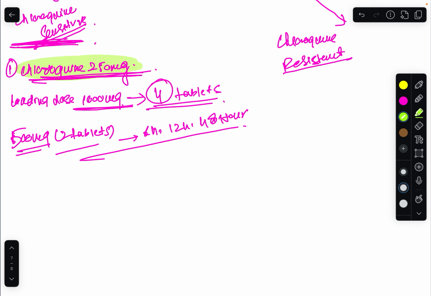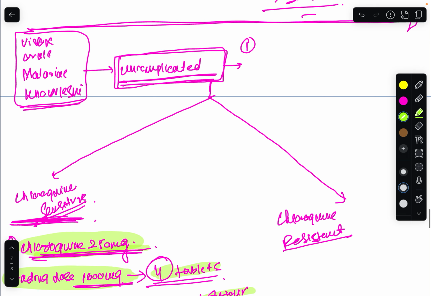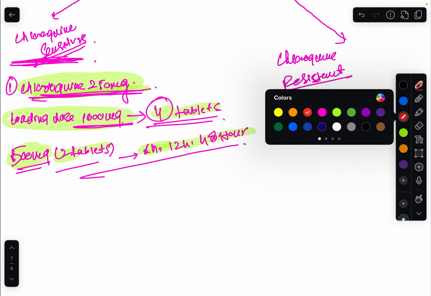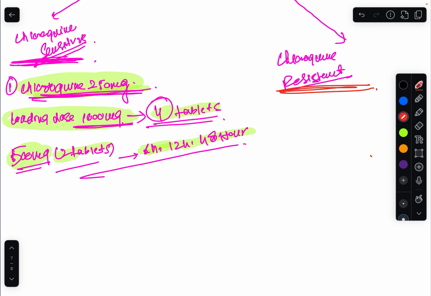If the Plasmodium is chloroquine sensitive, then we give chloroquine 250 mg, loading dose of 1000 mg or 1 gram, which makes 4 tablets, and then after giving the loading dose we give 500 mg, meaning 2 tablets at 6 hour, 12 hour and 48 hour. So this is the pathway we follow if the Plasmodium is chloroquine sensitive. What if it is chloroquine resistant? Then obviously we cannot give chloroquine. Then the drug of choice is